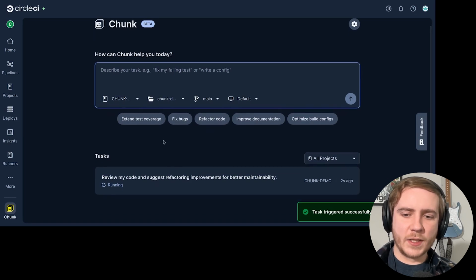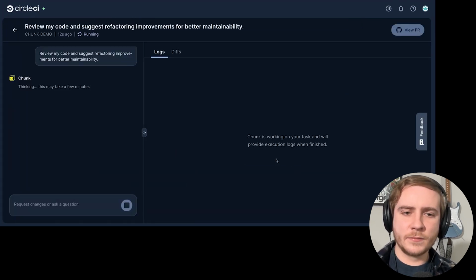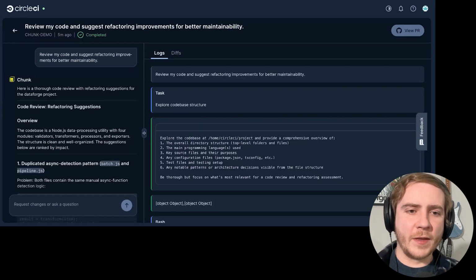We see it instantly pops up down here in the tasks window. We can see it's running our tasks. And if we want some more information about what's going on, we can click on this. It's going to take Chunk a little bit to run. After running for about 5 minutes, we get the results in the same task view that we were just looking